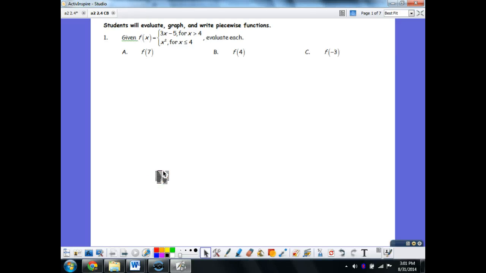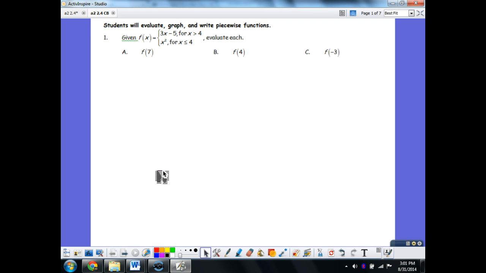This is a little extra concept bite from 2.4 that talks about piecewise functions. And what we're going to do in these first two examples, so you're going to do number 1, A, B, and C, and number 2, A, B, and C, all in this first video. And this first video just involves